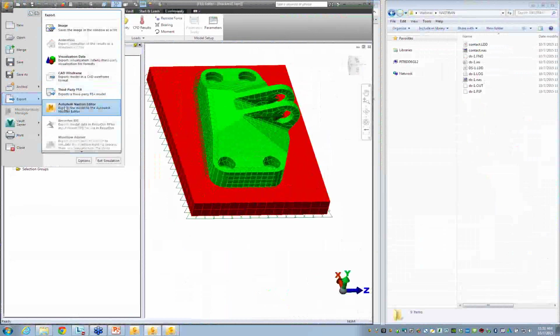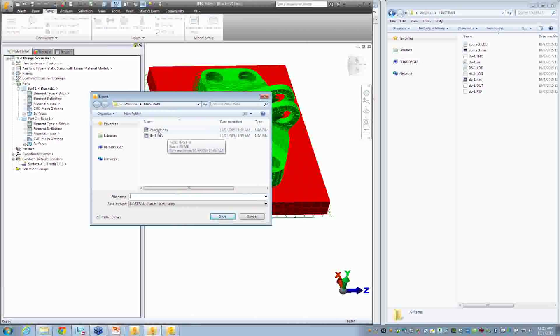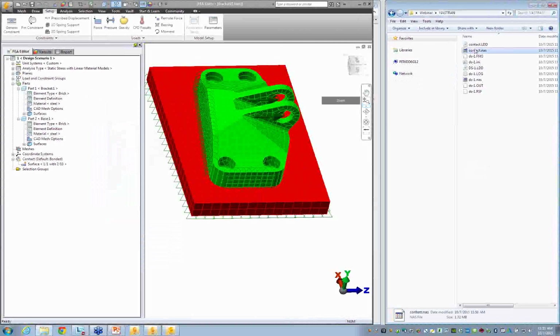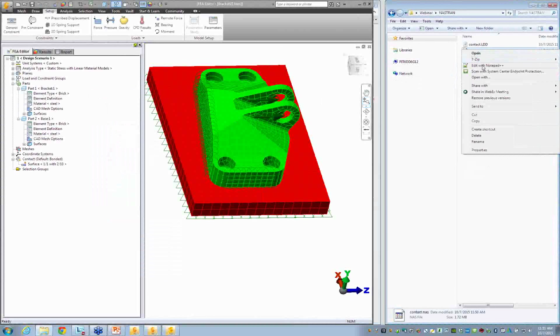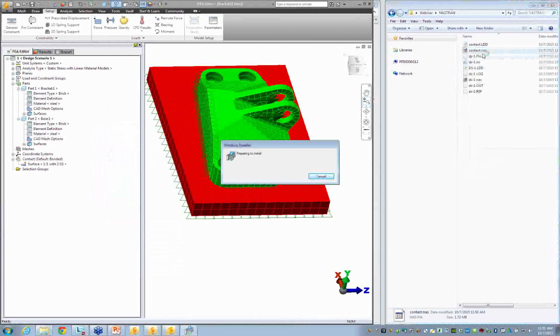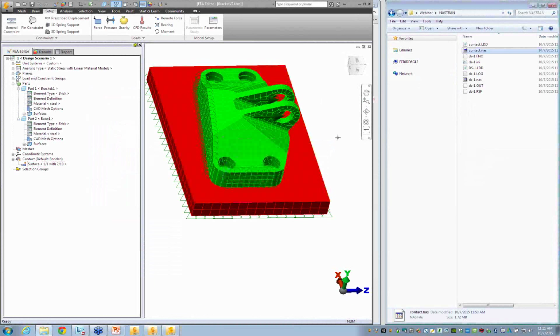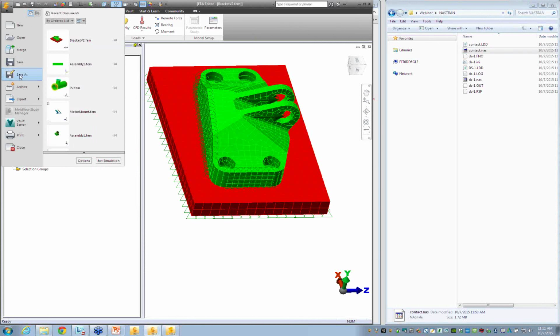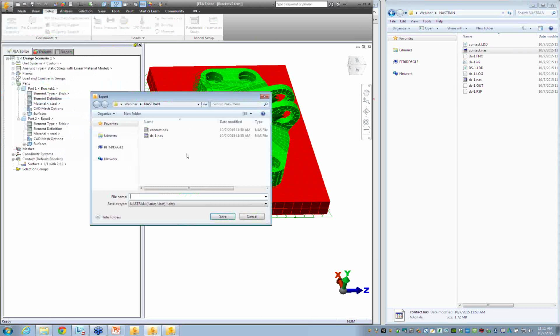File, export to Nastran editor. Oh, it's there. It's a webinar, Nastran contact.nas. Okay, so let's go ahead and open that Nastran. So I'm better off at this point just creating it again. File, export, Nastran, contact.nas. Let's call it